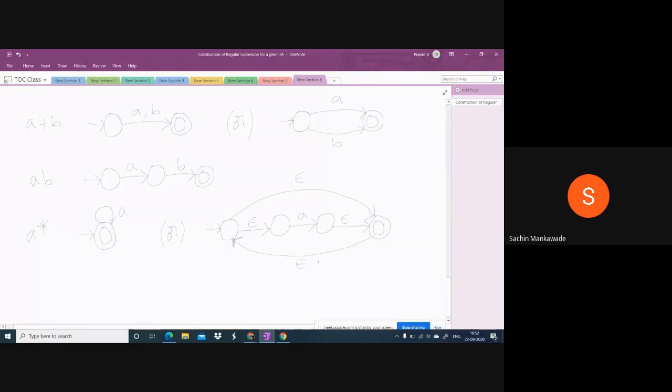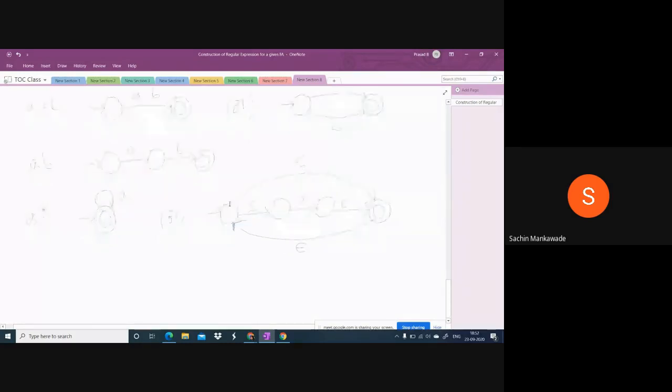Now look at this, guys. A star means epsilon. So we are directly going to the final state on epsilon. Suppose A: I want to accept A. How can you write A? You can write it like this. So A, how can you accept? First epsilon it will move to this, then A, then epsilon, final state.